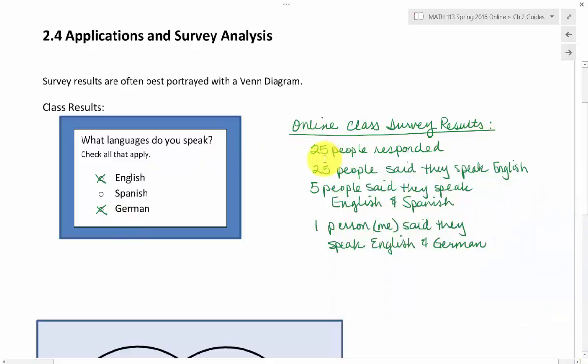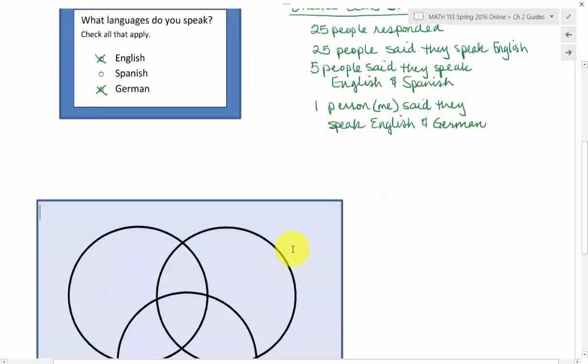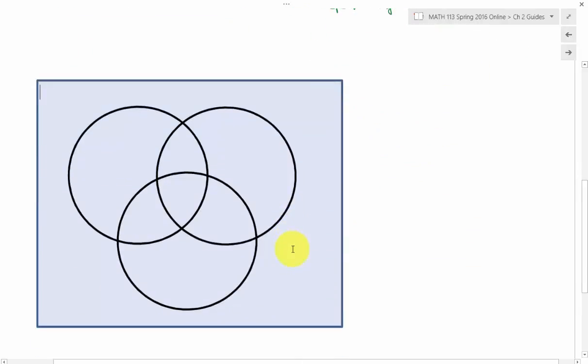The class results were, out of 25 people who responded, 25 people said they speak English, which really shouldn't surprise us because this class uses English as its primary language. 5 people said they speak English and Spanish, and 1 person, who is me, said that I speak English and German. I'd like to put this onto a Venn diagram, and since I have 3 categories that people could choose